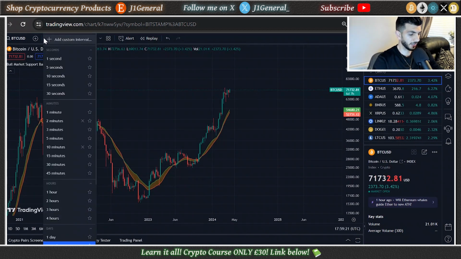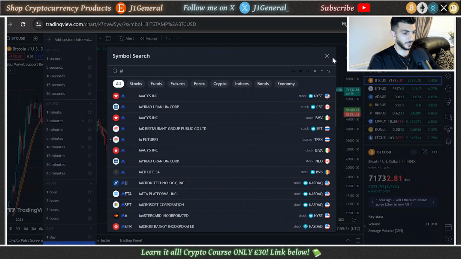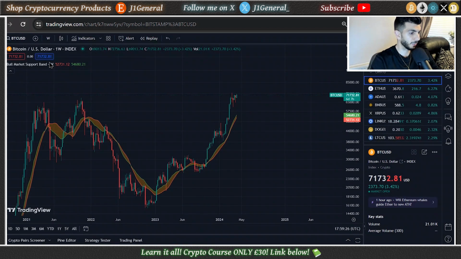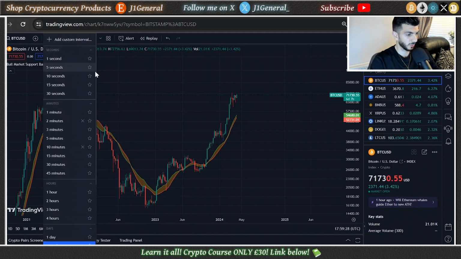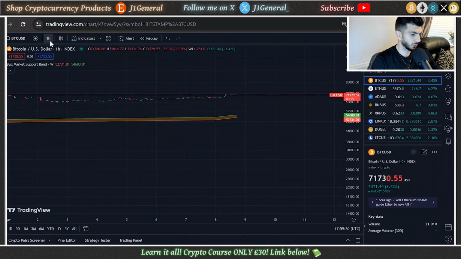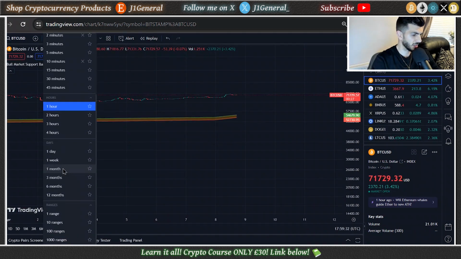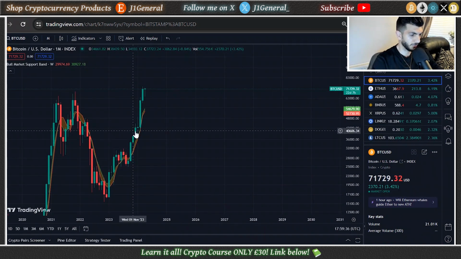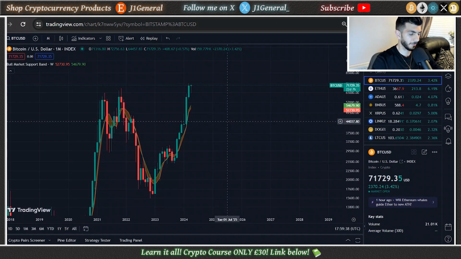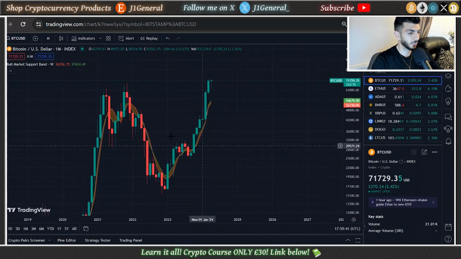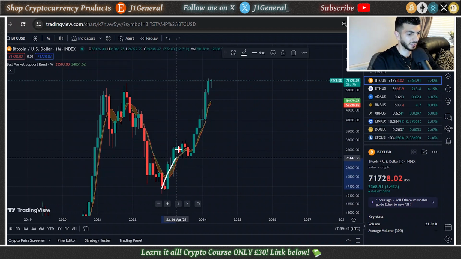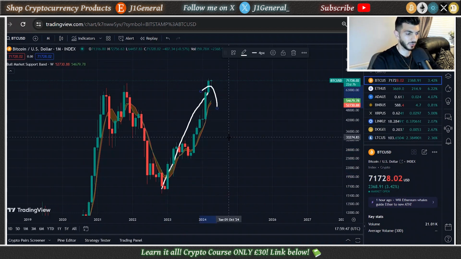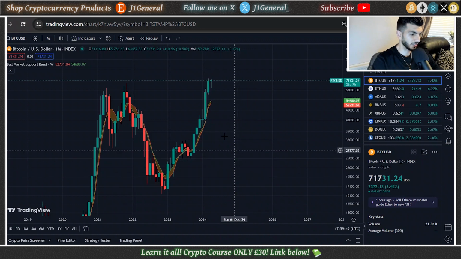If we take a look at the monthly chart, I believe we are in our 8th green monthly candle in a row. That's what I want to believe or want to say. If we take a look, yes, indeed. 1, 2, 3, 4, 5, 6, 7, 8. Bitcoin is in its 8th green monthly candle in a row. I mean, just look at this. Since the bottom in November 2022, Bitcoin has just been in an uptrend. So it can't just keep going up forever, guys.